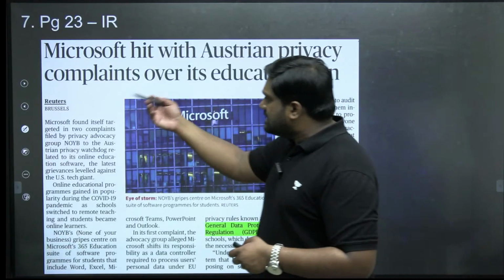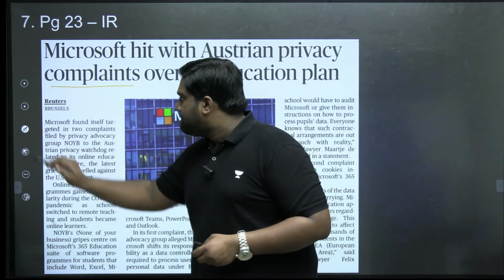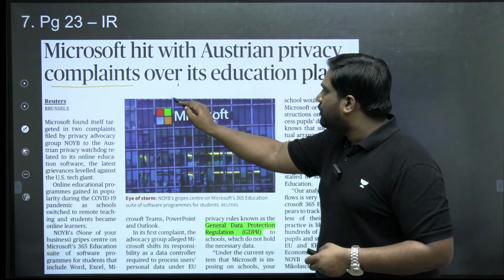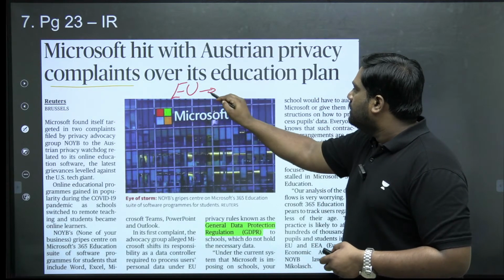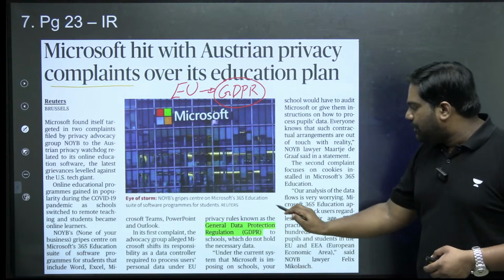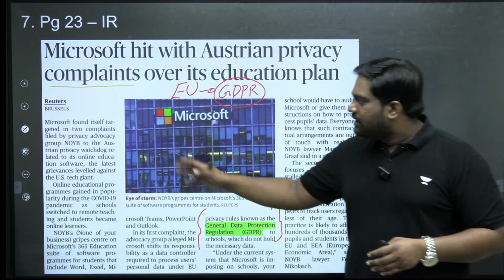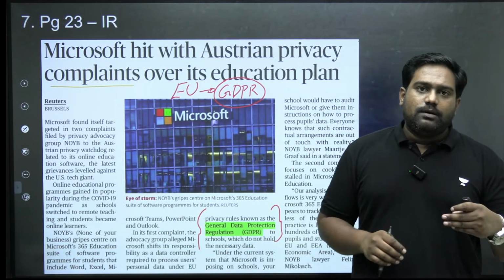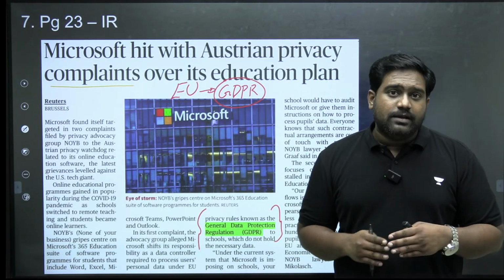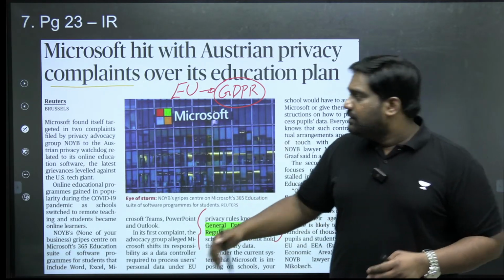Next, on the same page, there's an article that refers to another set of EU regulations called the GDPR, General Data Protection Regulation. The article itself is not important for us. The article is related to Microsoft's data policy, and how certain groups in Austria have challenged the data